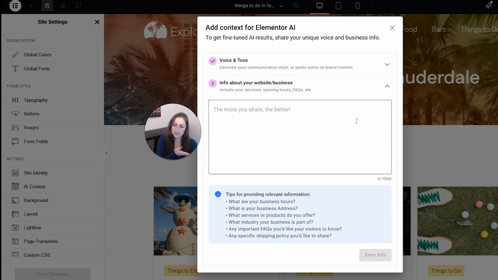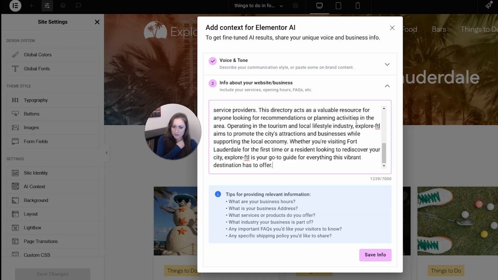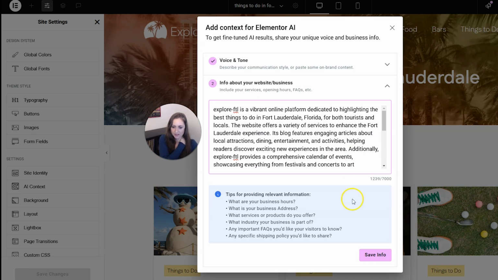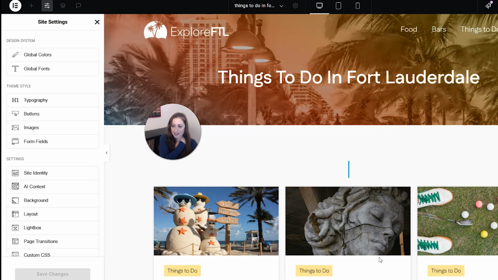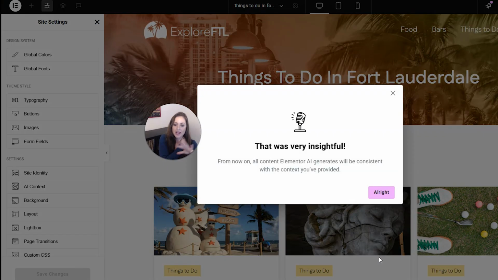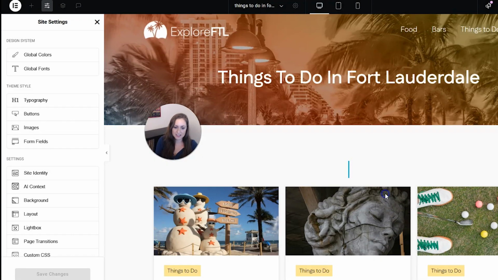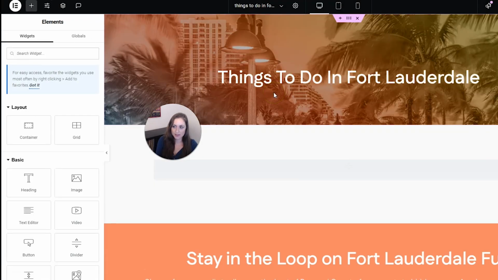And then in this section, you want to put some general information about your website or your business. So I'm going to put my information in right there, and then I'm going to click Save Info, and then the Elementor AI is going to use that when it is generating content with you to keep your brand message consistent. So we can click All Right here,